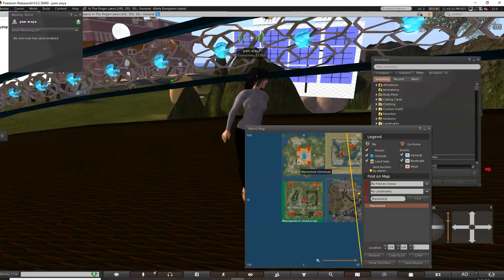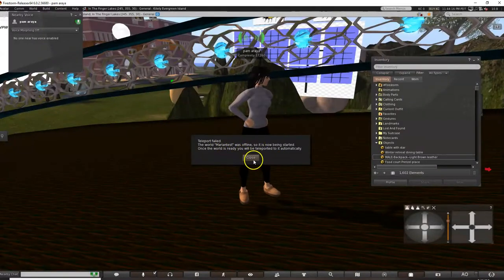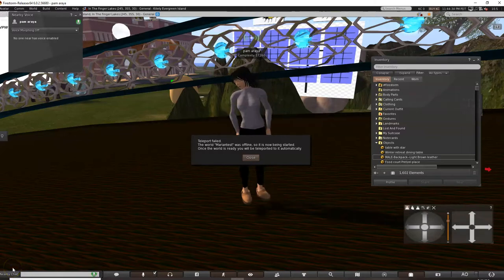That's a good idea to keep in mind for any future work you want to do with a large group of students. It always says that teleport failed, but it lags a little bit, and that's part of this being an older version of Firestorm, an affordable way to create these virtual worlds and have access to them. I might pause the recording for a little bit.